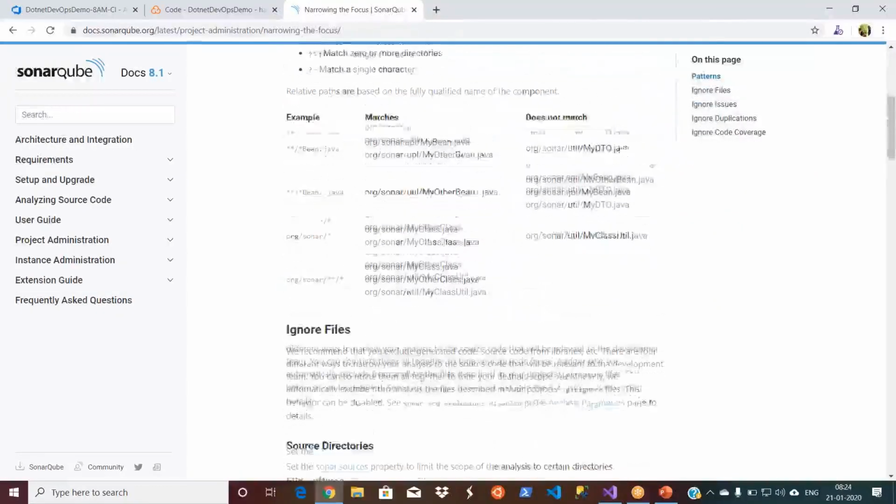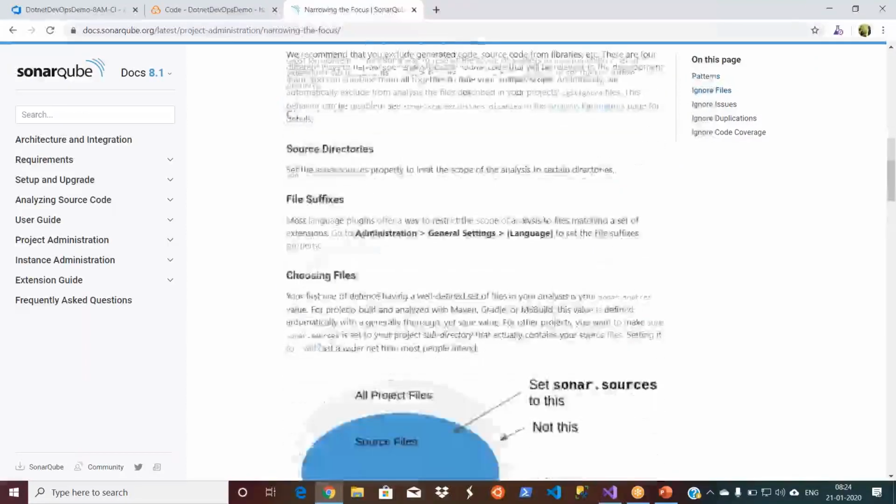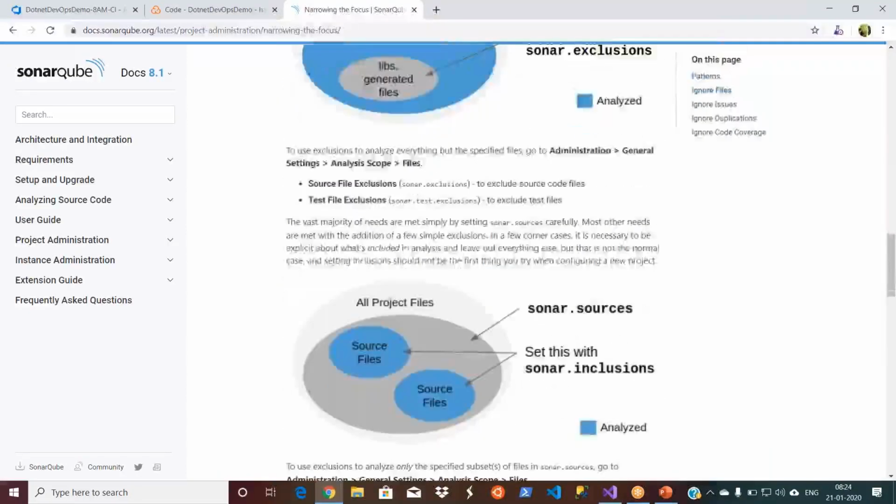It may be tough for you to read all these things, but you see, this is what you get: sonar.exclusions to exclude source code files. The reason I'm showing it here is that when you are troubleshooting any critical things, it's always advisable to come here and check rather than checking some forums, because in forums you never know who is right or wrong. So let's go to our one.